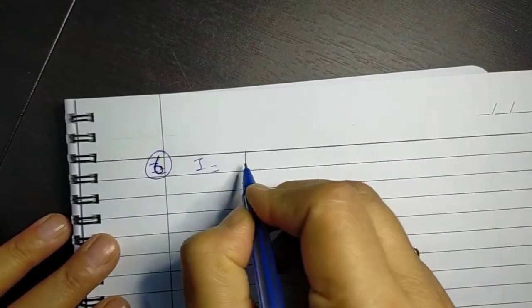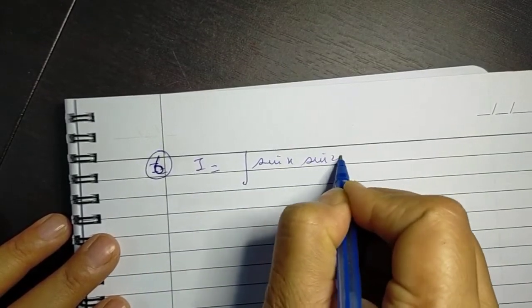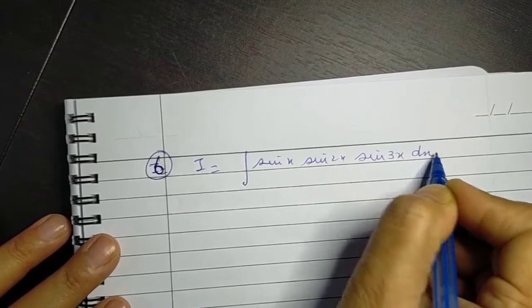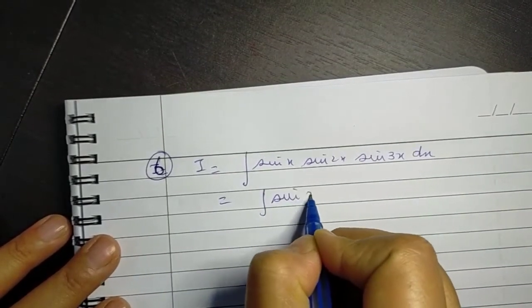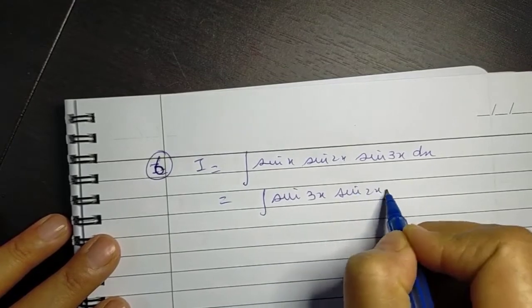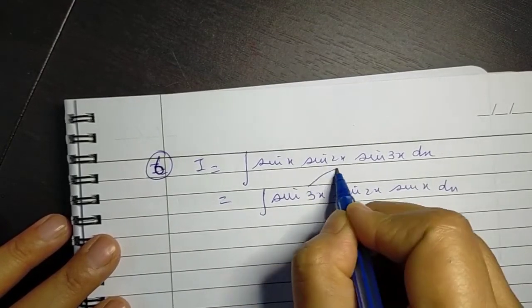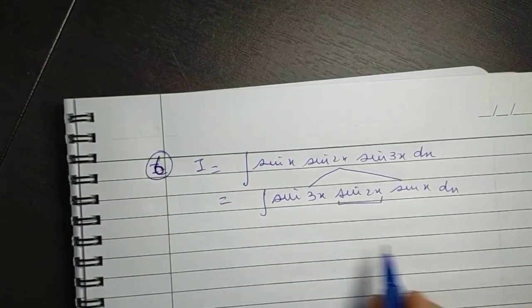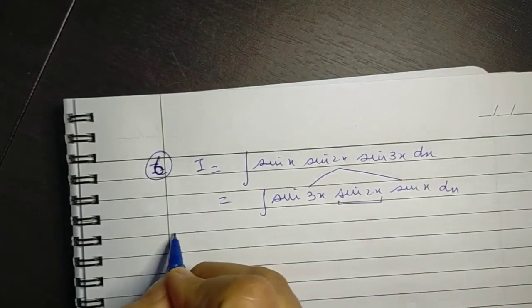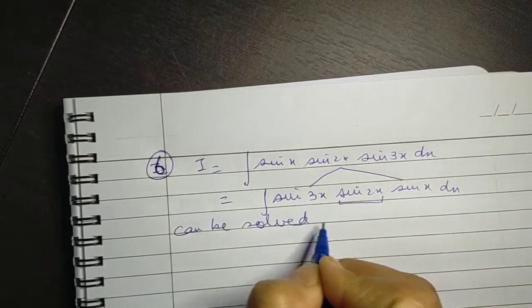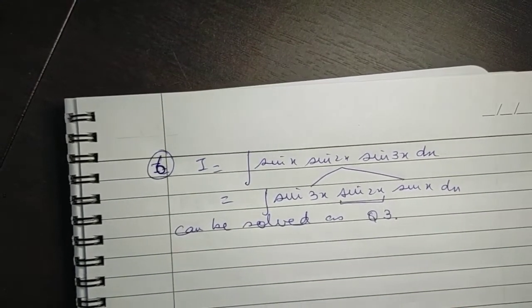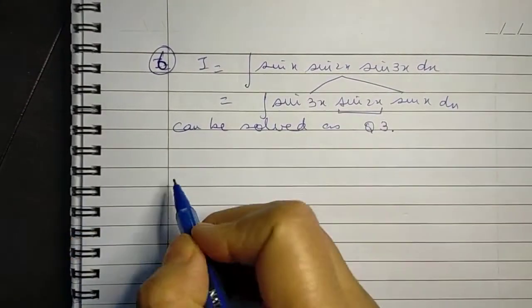Okay, so now let us proceed. Similarly, question number 6 can be done very easily on the same lines as question number 3, because 6 is a product of 3 sine functions. So what do we do? Exactly as in question number 3, we will write it as a product of 3 sine functions in the descending order, and then we combine these two and keep this separately, apply the results and do the needful. It can be solved as question number 3. Now same way question number 7 also can be done.